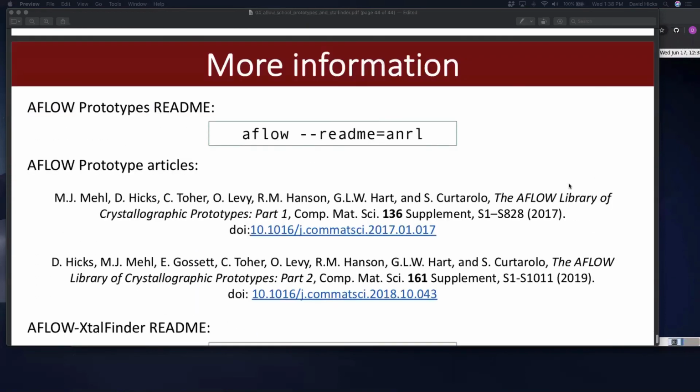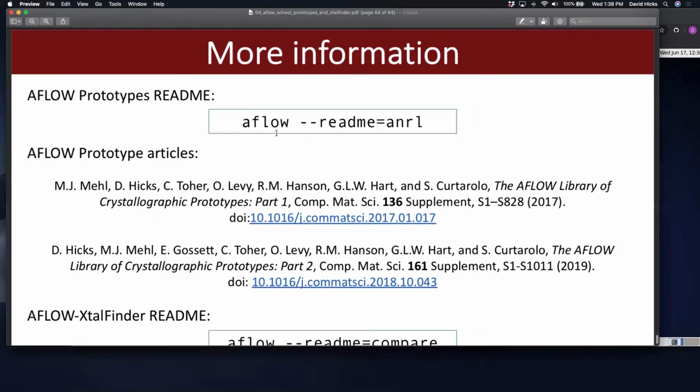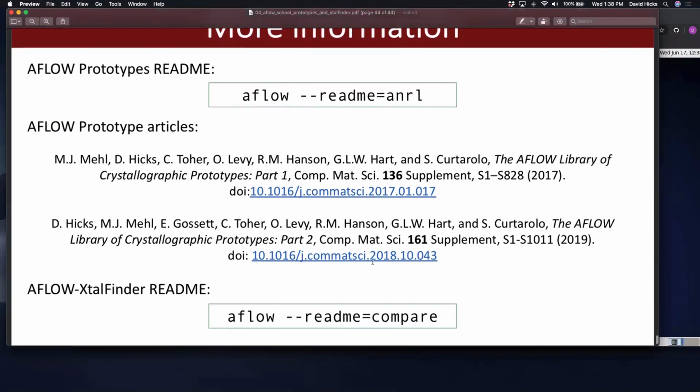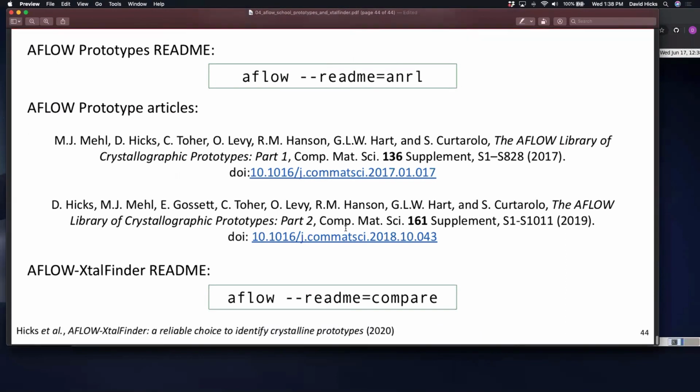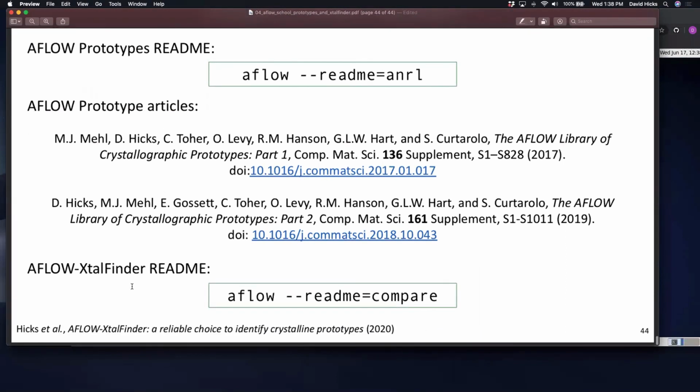Oh, one last thing. If you'd like to know more about the prototypes themselves, I think I already mentioned this, README ANRL. These are the prototype articles, and there's a lot of crystallographic information in these articles, so feel free to explore those. And then the README for AFLOW-XtalFinder, if you do aflow --readme=compare,